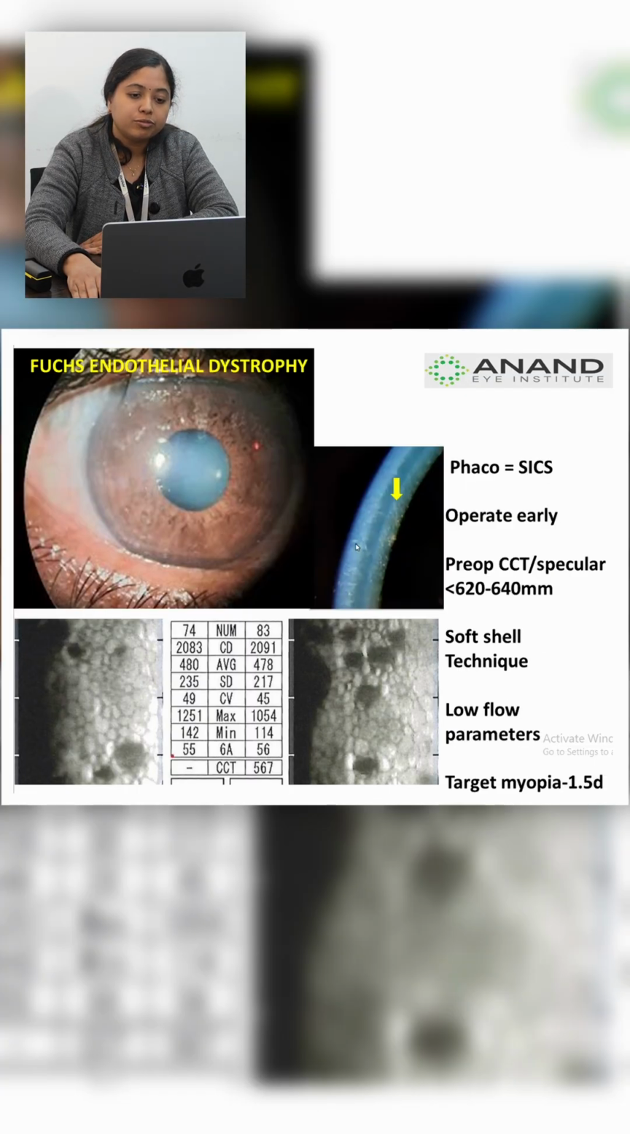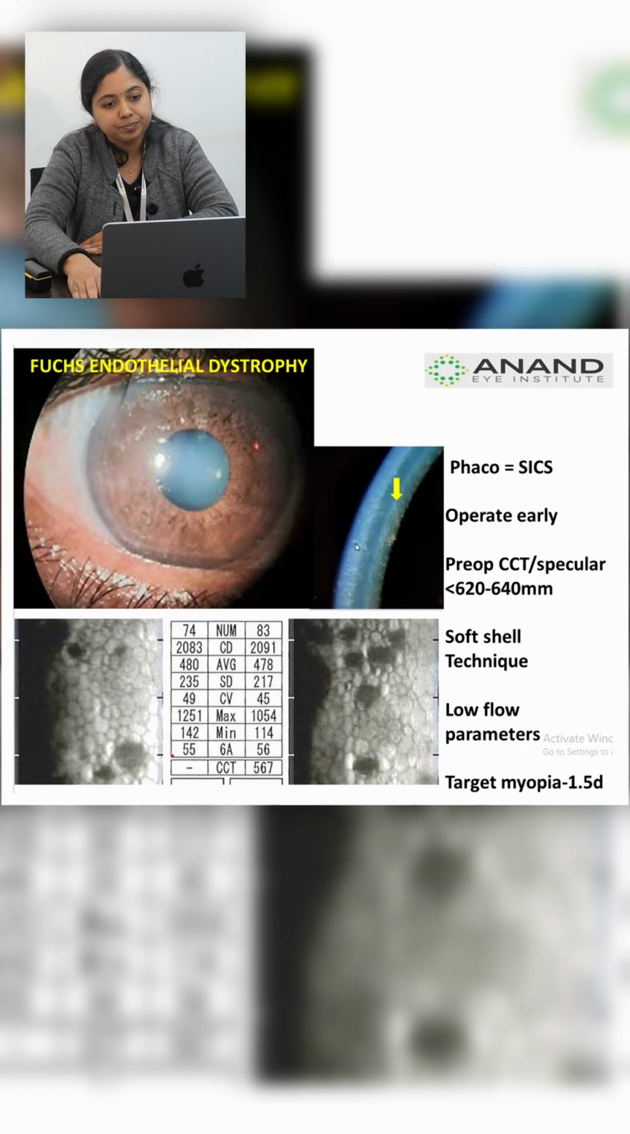So what to do if you are dealing with a cataract with a background of Fuchs endothelial dystrophy? Whatever is your procedure, phacoemulsification or SICS, it doesn't matter. But operate early is the rule. Your background corneal thickness has to be between 620 to 640 microns if you are suggesting cataract surgery alone. Use a soft shell technique, low parameters, and target a little myopic